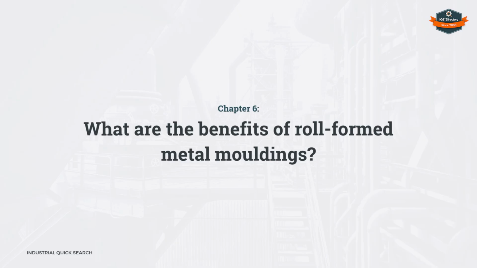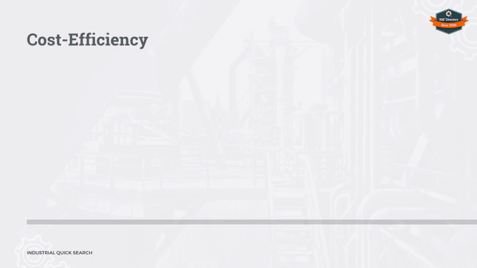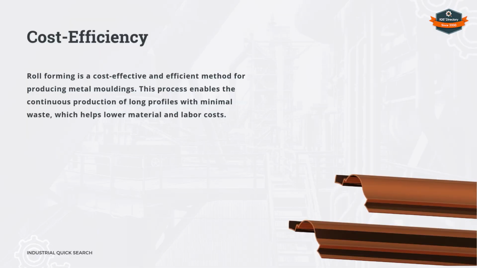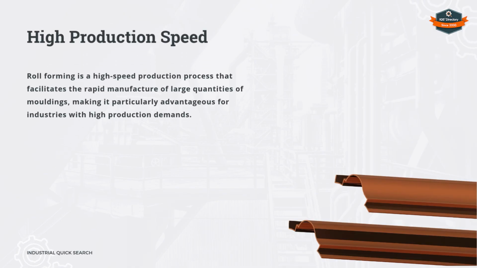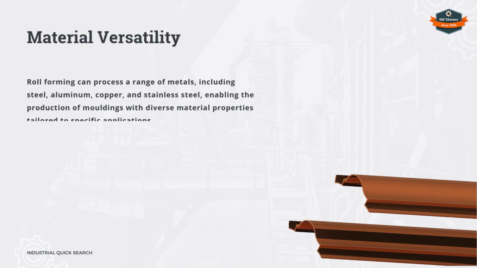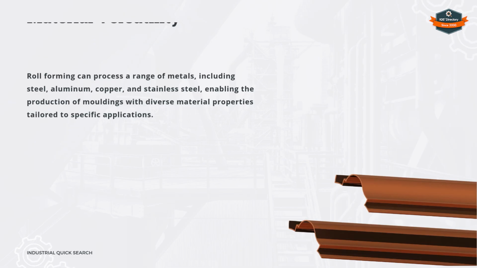Chapter 6. What are the benefits of roll-formed metal moldings? Key benefits include cost efficiency, consistency, design flexibility, high production speed, material versatility, long lengths,